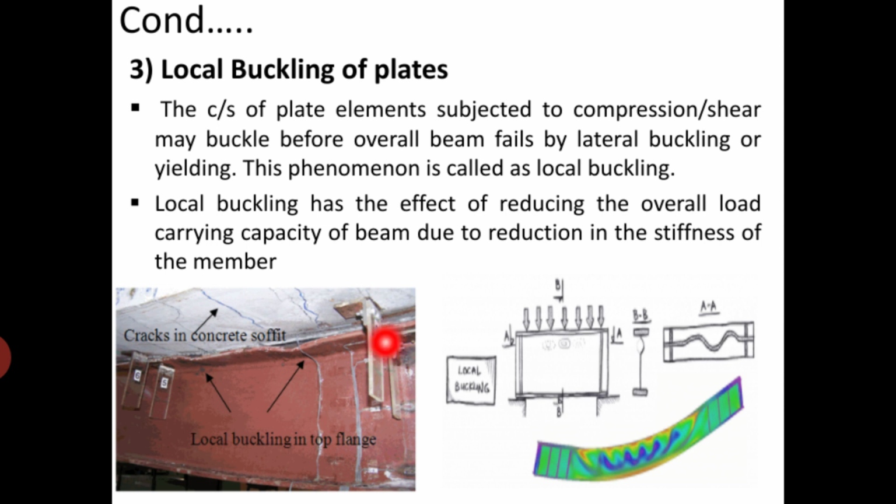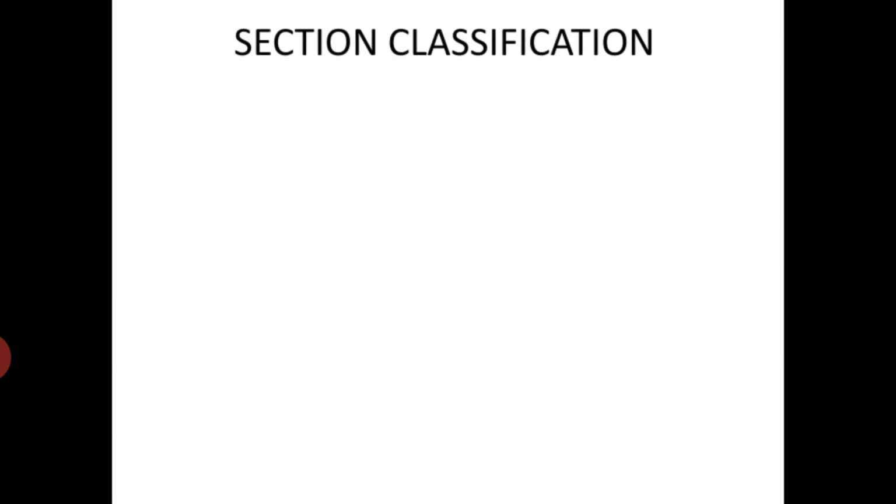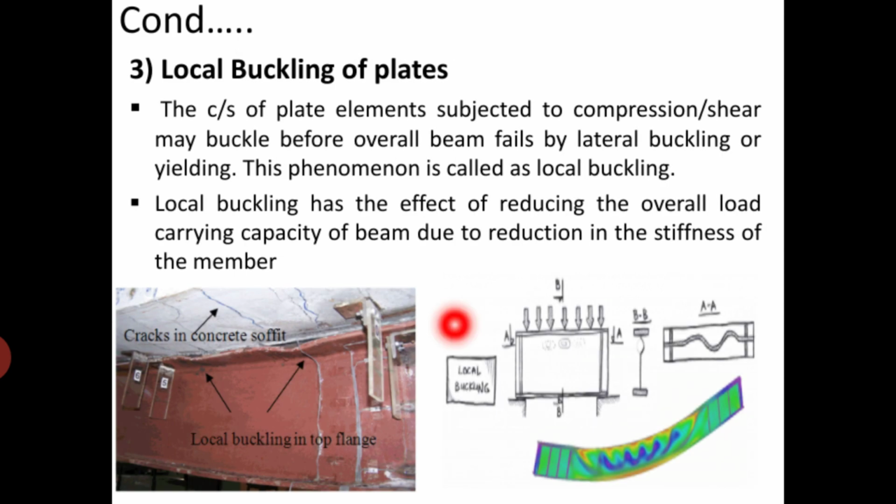If we look at this failure, it has failed by local buckling of a flange and a web, that is, the element or parts of the element of a section, characterized by the formation of waves. Look at this figure. There is a formation of waves or ripples along the member, which modifies the capacity of the cross section. This is what we call local buckling of elements.